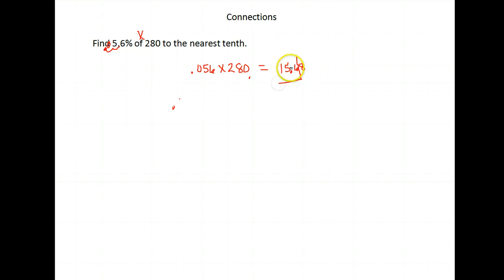Tenth is 1 place after the decimal, so we're going to cut off right here, but we do need to look at that next number so we know whether to round up or stay. 8 is larger than 5, so it tells us to round our 6 up to 7, and our